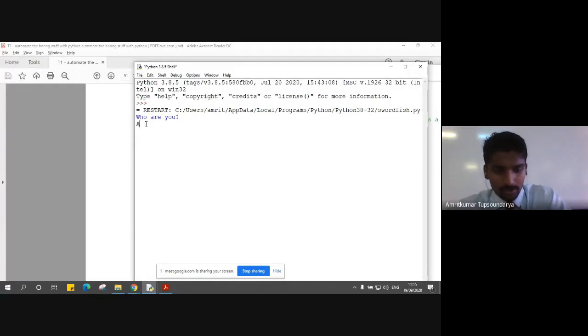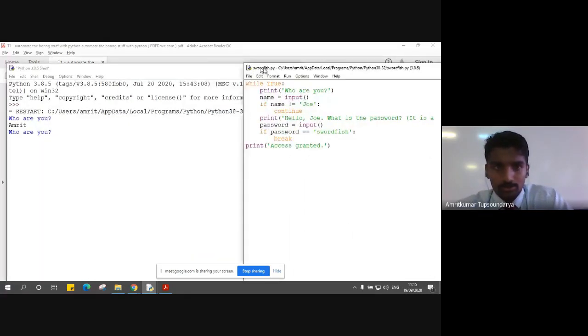So let's say I give my name, but it still gets back to the loop, right? So what it is doing is it is not executing the statement which follows this continue statement, right? What it is doing, it is checking whether the name given is exactly what we have supplied in our program. Let me bring the program here also. Yeah.